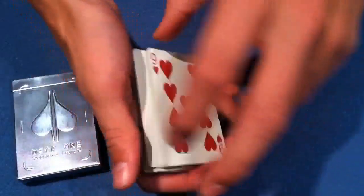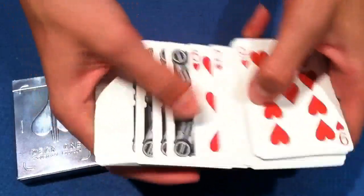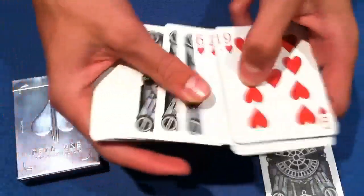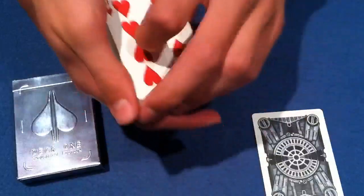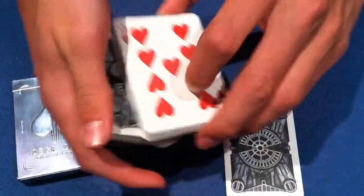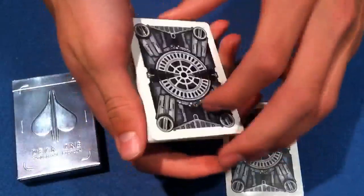What we'll do is we'll mark that cut by turning the rest of the cards face up. And let's see the first face down card we come to. Alright, there's no other cards here that are left face down. So we're just going to keep that here. We'll do this again for another card, so if you would, the spectator comes over, and let's do this one